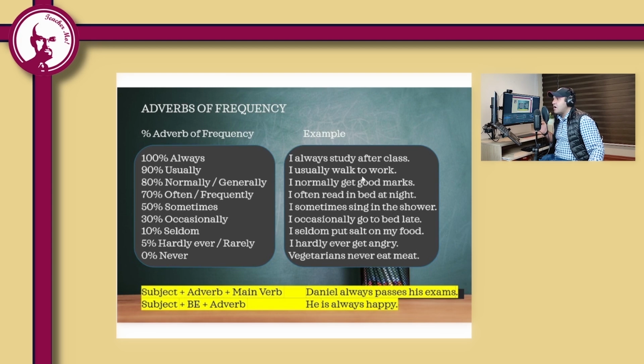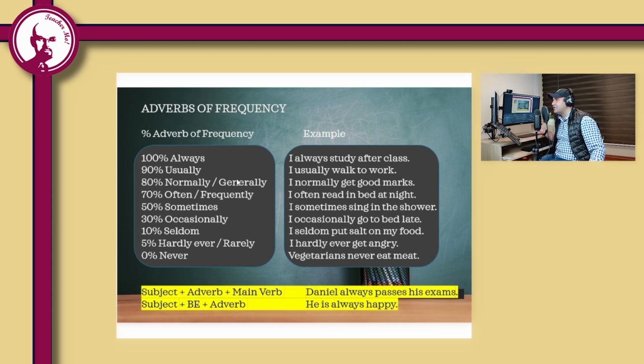I usually walk to work 90% of cases. Normally or generally, I normally get good marks. Often or frequently, I often read in bed at night. So we can use the simple present verb tense with these adverbs of frequency to talk about the present habit